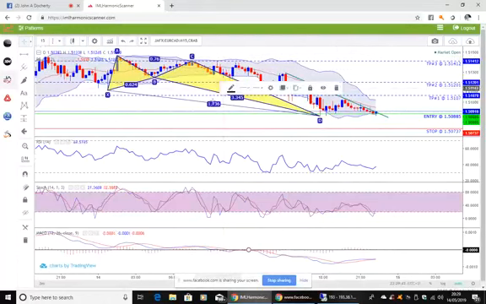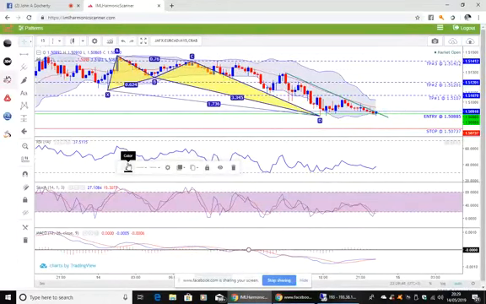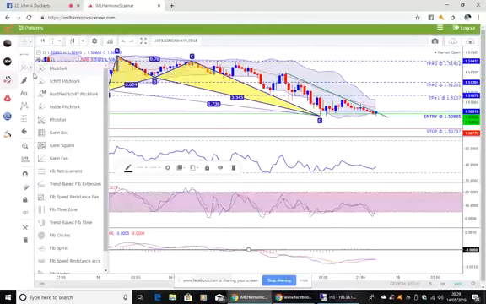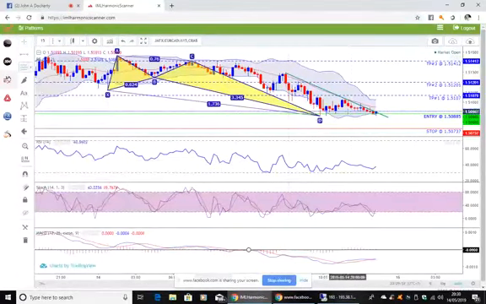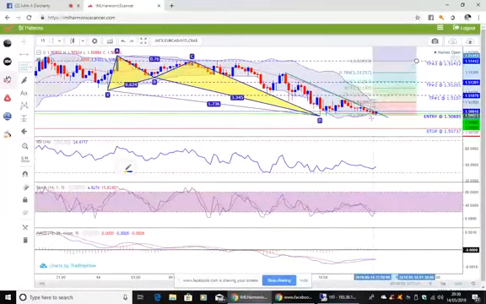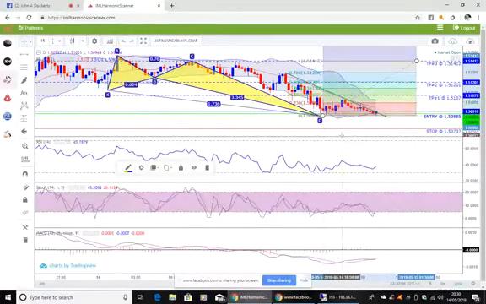So one of the other many things that I do just to get in and out of a trade, because I like to scalp these harmonic patterns, you can go on where the pitchfork is, and then what I normally do is go on the Fibonacci retracement. And what I do from there is I'll go from the C point, bring this down to the D point, okay? From there you have all these color bands, but we don't need any of that, okay? So what we'll do is click on this,